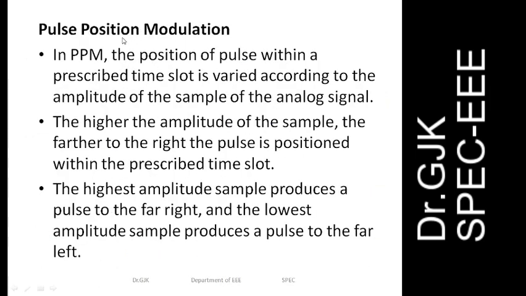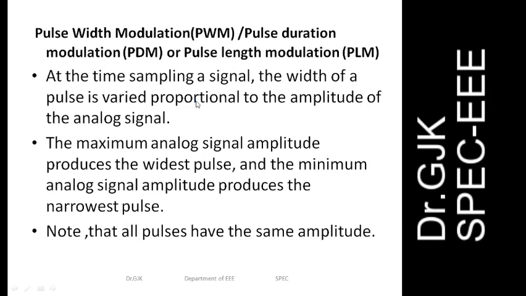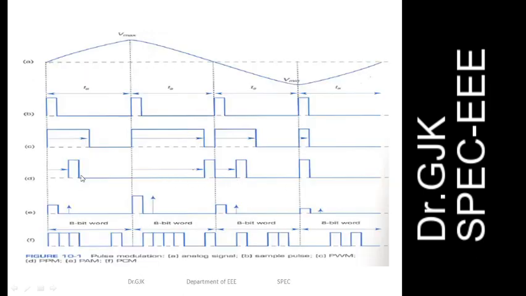Next one is pulse position modulation. In pulse position modulation, the position of the pulse is varied in accordance with the amplitude of the input signal, the amplitude of the information signal. So if you observe this waveform D, this is pulse position modulation. When the amplitude is 0, its position changed from the original pulse signal. This is the position of the first pulse. But here it is 0, so its position is changed to this one.